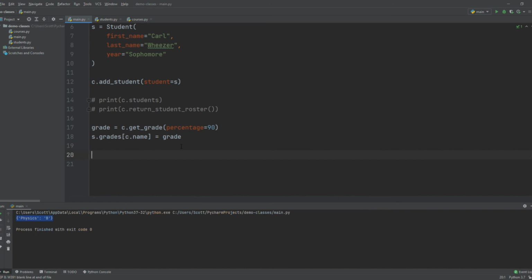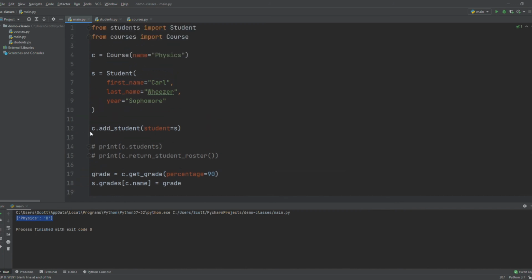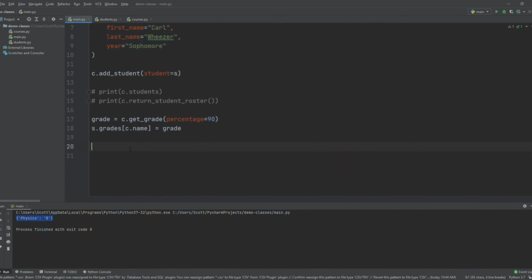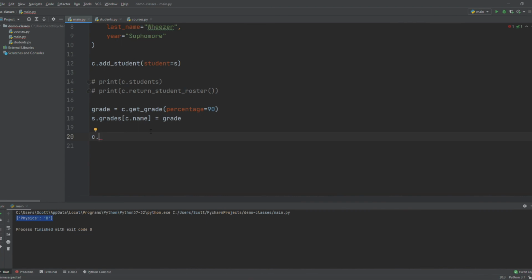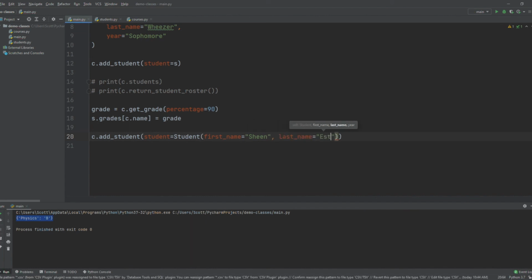Right. So we have just one instance of student here. What if we wanted to make another one? Well, let's say there's another student who's joined the class. I won't explicitly define it as a variable here because you don't need to. Let's say add student, and the student is a new instance of the student class with initial arguments. First name, let's say his name is Sheen. His last name is Estevez, and Sheen is a senior. All right,